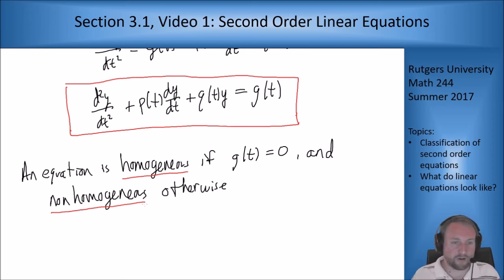So the first type of equation we're going to look at are the simplest of all of them. We're going to be looking at homogeneous and constant coefficient equations. So what that means is that my p of t and my q of t are just constants. They're just numbers. They're not functions of t. So they're guaranteed to be continuous and smooth and all that stuff, but they're just constants. It turns out that's a really easy equation to solve. So we're going to start there, figure out how to solve those, and then work out to more difficult equations